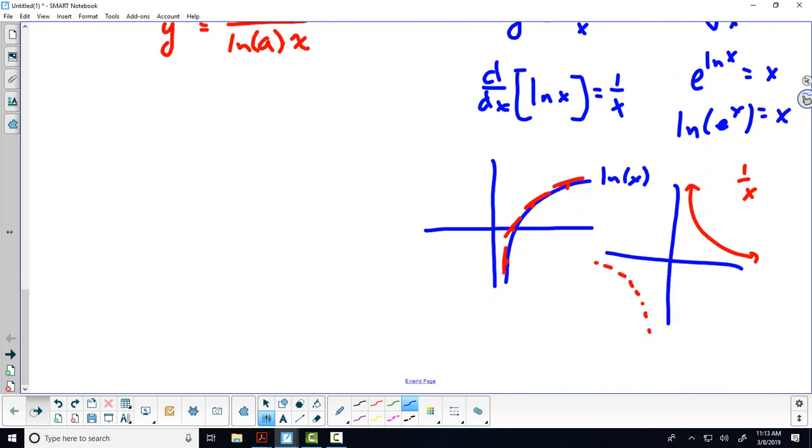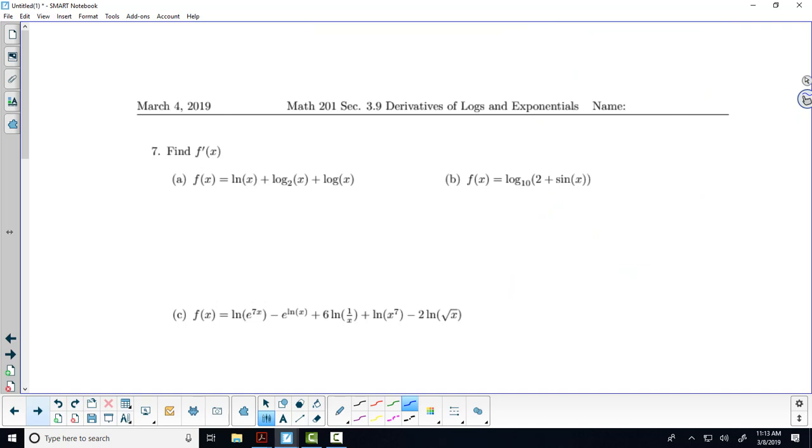All right. So now you get the uncomfortable job of incorporating these two new derivatives in with everything else you know. Right? So let's see what we can do with that. See if I can help you a little. F prime of x is equal to 1 over x plus 1 over the natural log of 2 times x plus 1 over